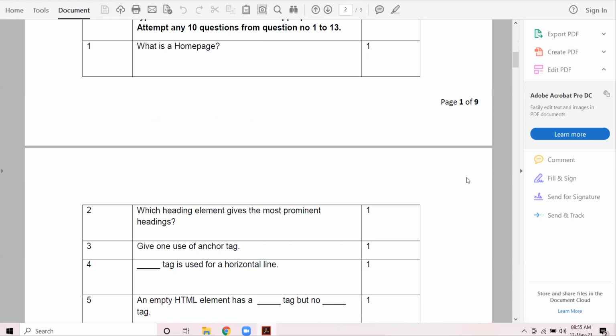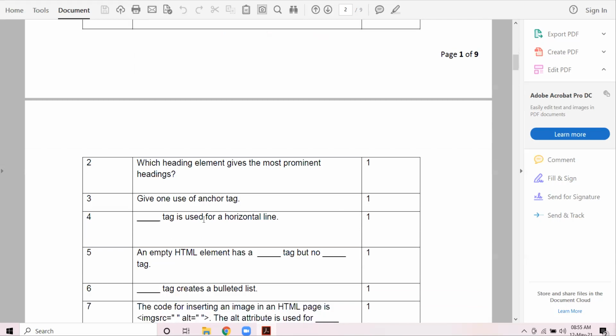So H1. H1. All right. Dash tag is used for horizontal line. Diksha, 11 roll number. Yes, sir. HR. HR. 10th class, whenever you get any question where your answer is some tag, you have to write tag in angle brackets. Okay, don't forget to put angle brackets along with the tag name, right?